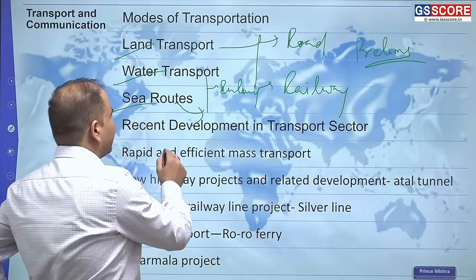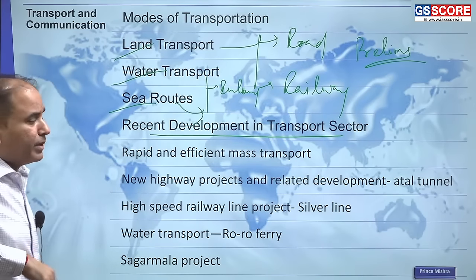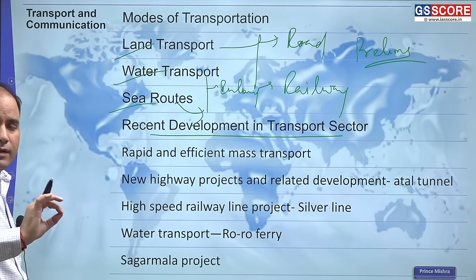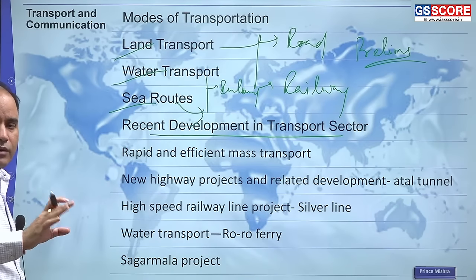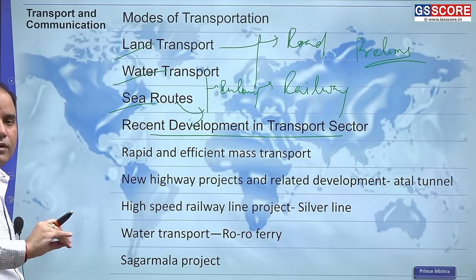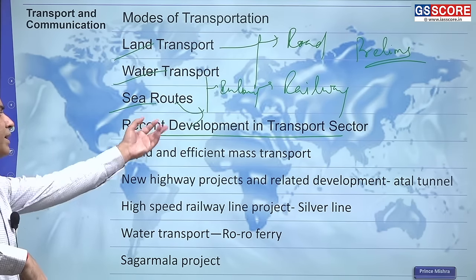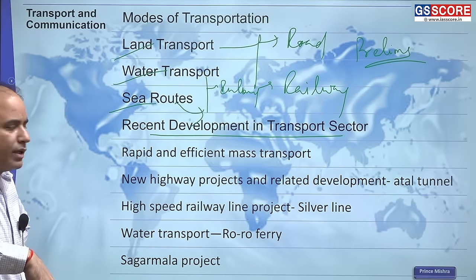Then you will have recent developments in the transport sector. What are the major changes being made in the transportation sector? Because in modern times we require a mass, rapid, efficient transport system. It should cater to the masses, it should be rapid, and it should be very efficient, that is, clean energy. So rapid and efficient mass transport, like you will have the metro, the monorails,